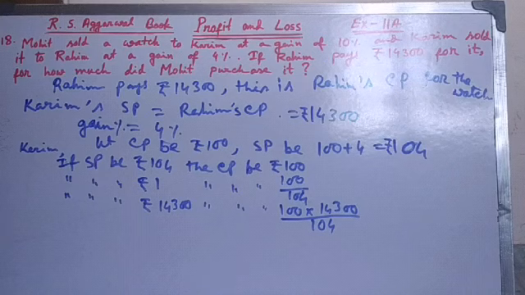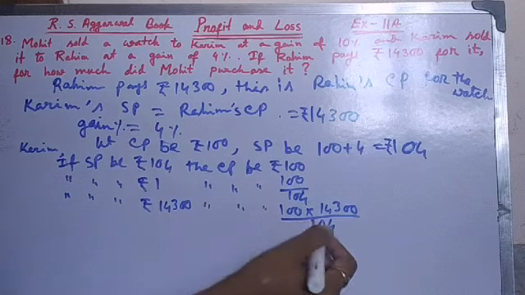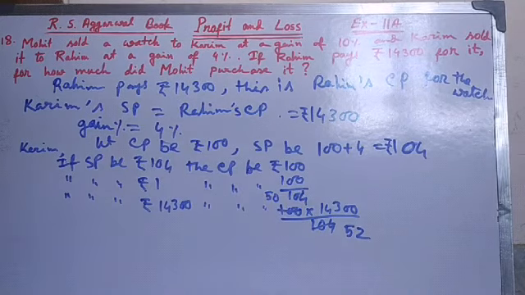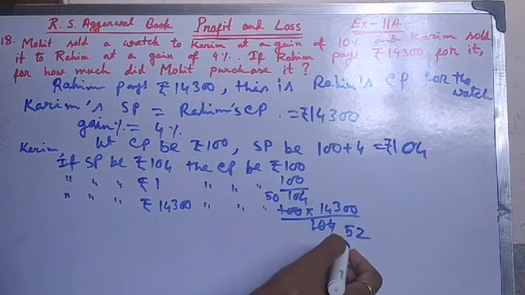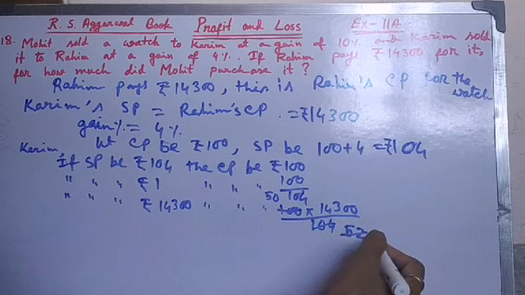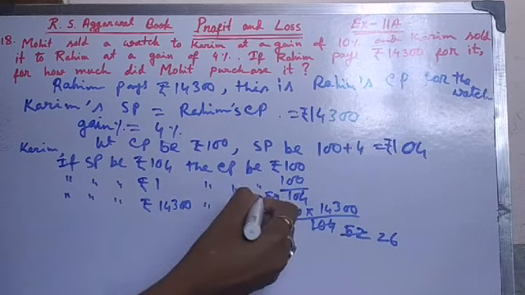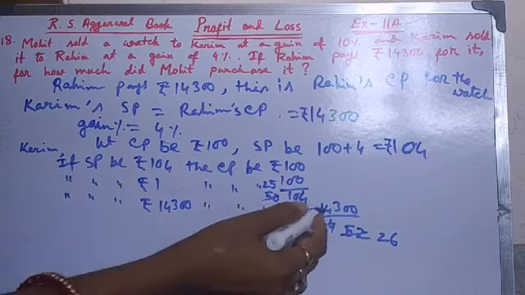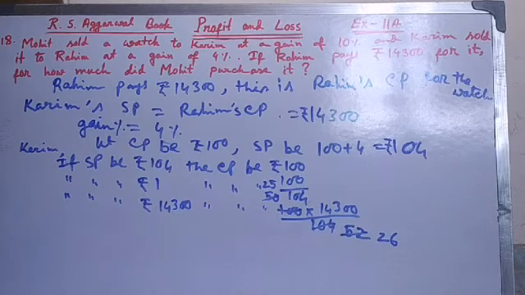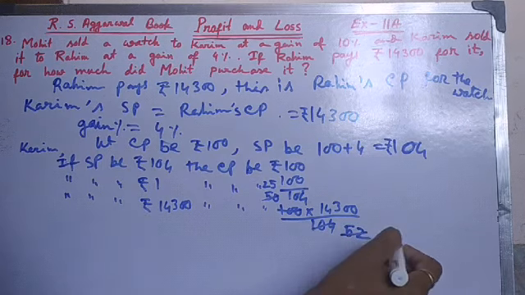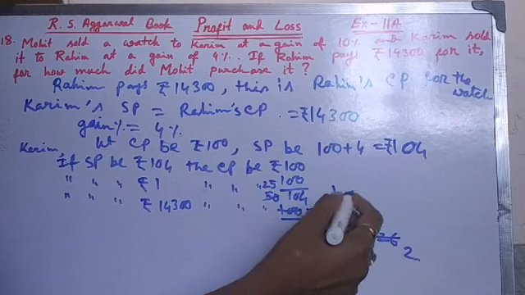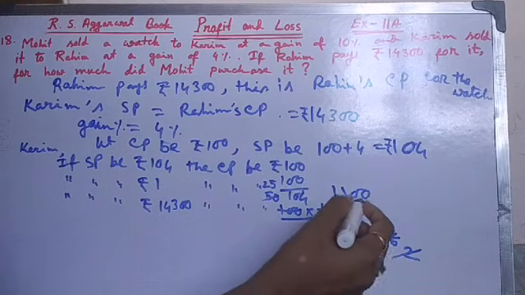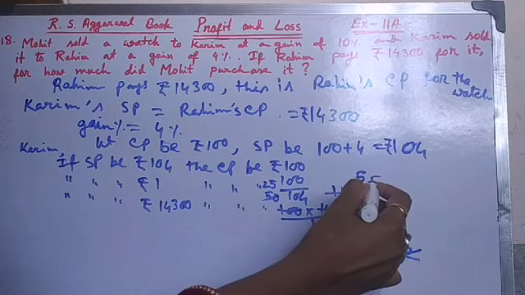then this will be, so we can cut it by 2, 2 5s are 10, 2 2s are 4, this will be 50, then again by 2 we can cut it, 2 2s are 4, 2 6s are 12, 2 25s are 50, then this is 26 and this is 14300, then by 13 we can cut it, 13 2s are 26, 13 1s are 13, 13 1s are 13 and then 2 zeros, then by 2, 2 5s are 10, again 2 5s are 10, 0.